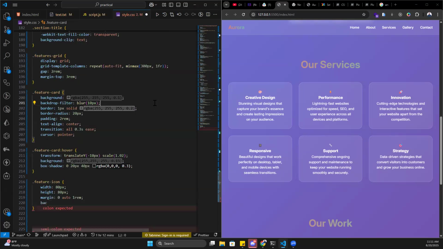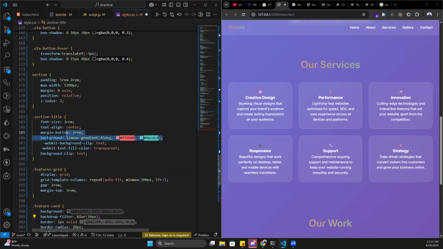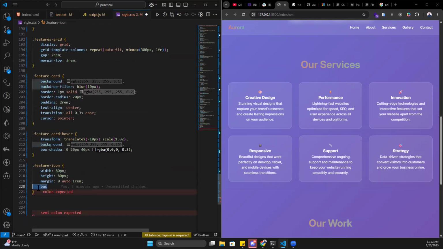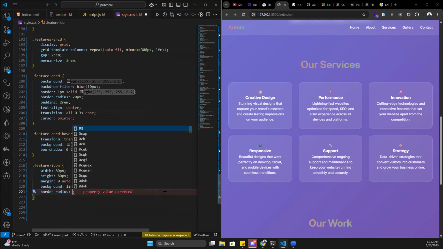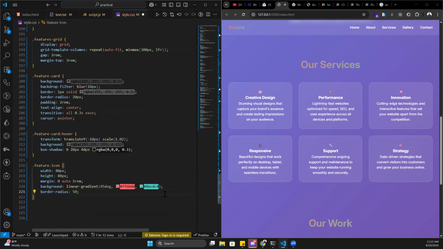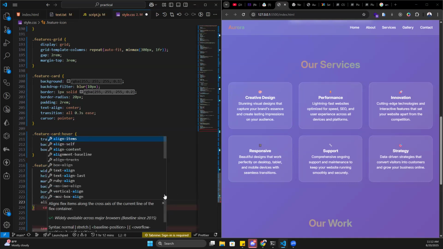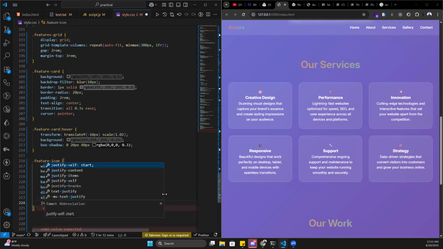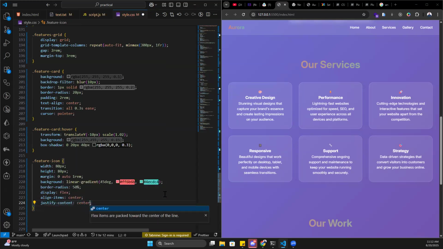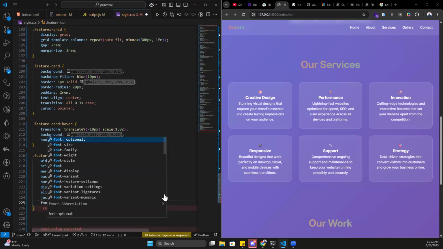So let me just copy this, and paste this back here. So border radius, we have 50%. So display flex, we have align items center, justify content center, and we have font size